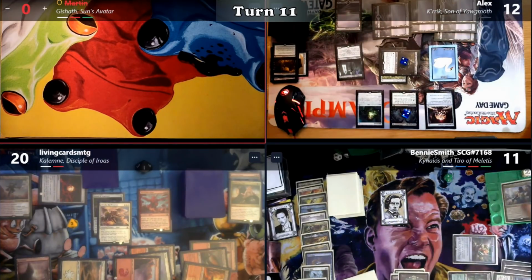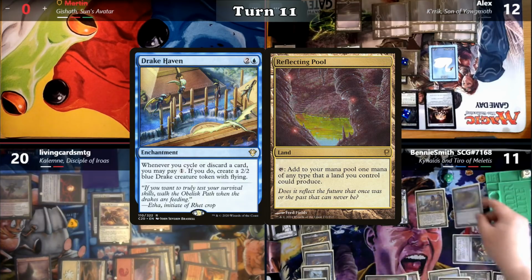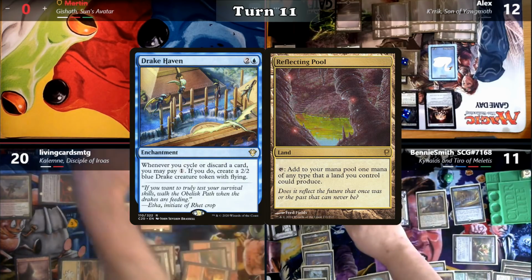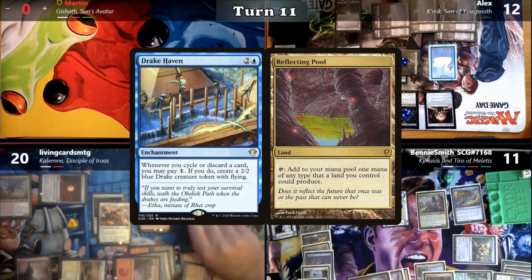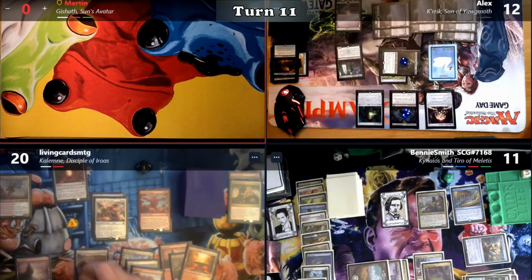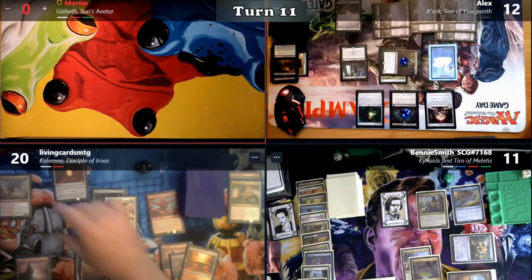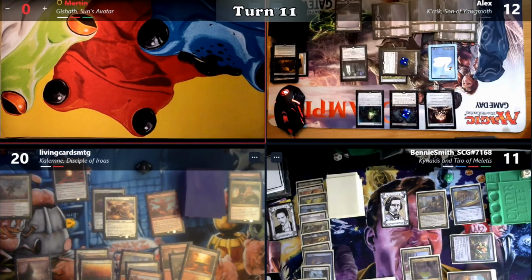Benny once again recasts his commander, plays Reflecting Pool, and then casts Drake Haven. Moving to his end step, Benny draws, Jeffrey draws, and Alex draws, and Benny passes the turn. Jeffrey plays a Plains and then moves to combat. He attacks me with both of his creatures and I block the Desolation Giant with my bird, taking 7 damage